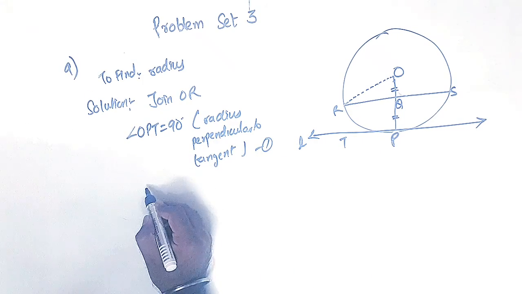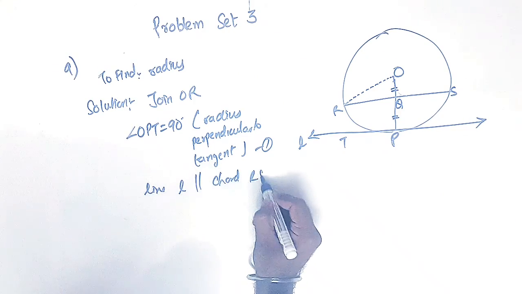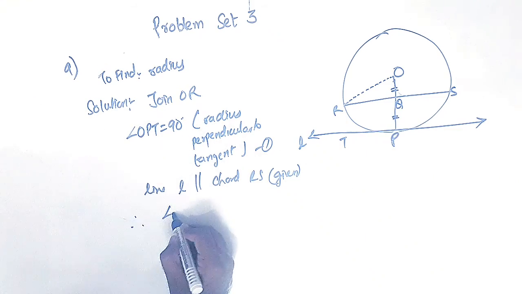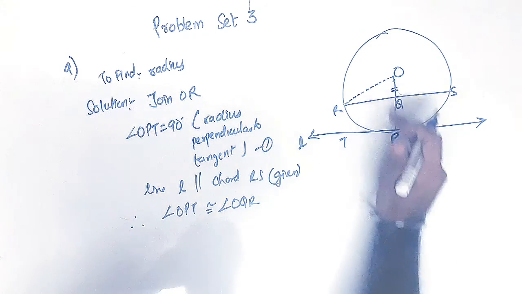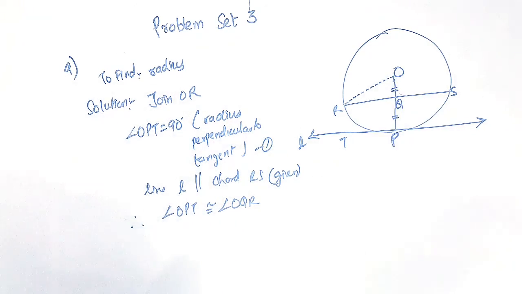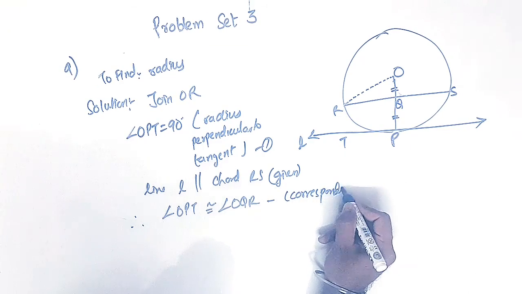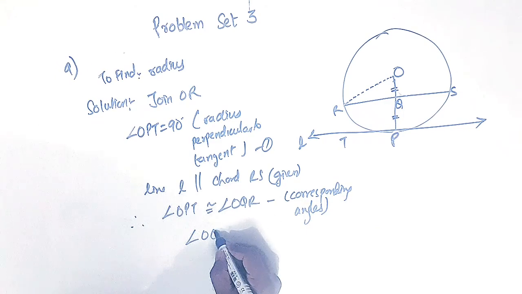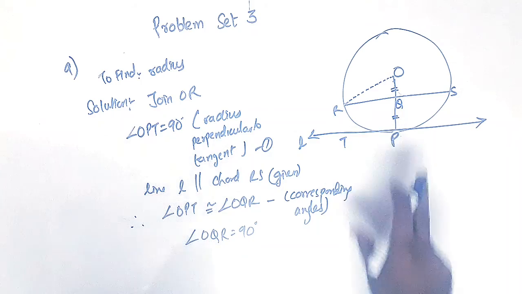Okay, now because line L is parallel to chord RS, this is given, therefore I can write angle OPT is congruent to angle OQR. Correct? OPT is congruent to OQR. Why? They are corresponding angles. Simple, they are corresponding angles, and because they are corresponding angles, I'll write OQR is also 90 degrees. Okay, now we are here where